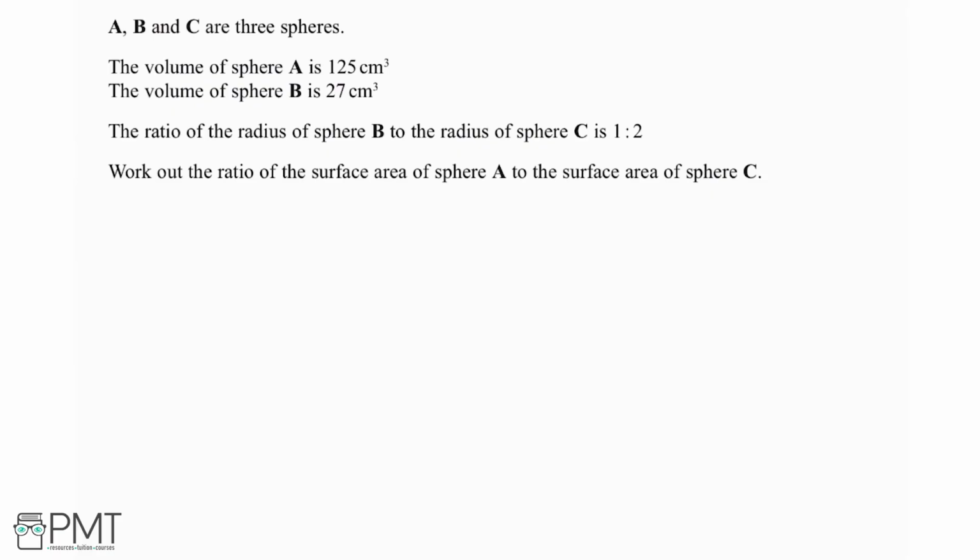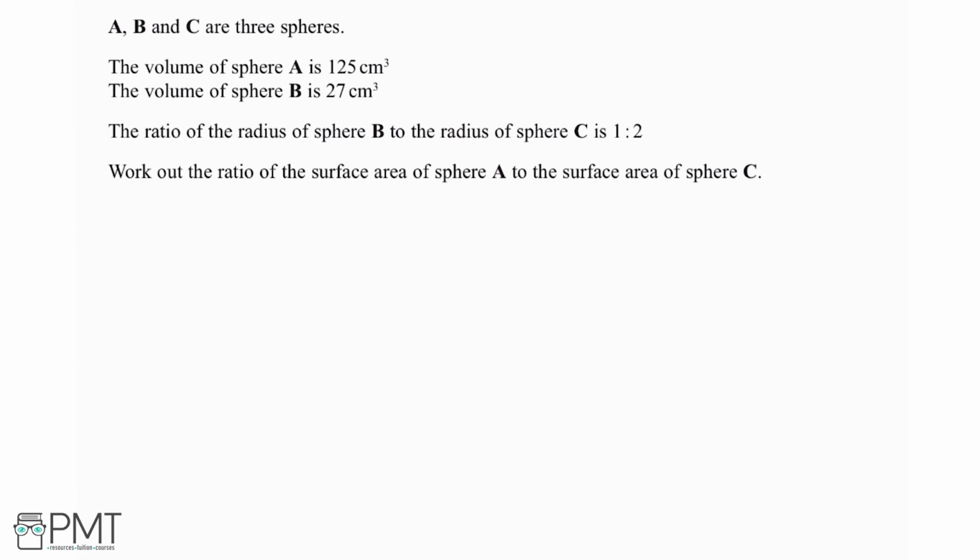A, B and C are three spheres. The volume of sphere A is 125 centimeters cubed. The volume of sphere B is 27 centimeters cubed. The ratio of the radius of sphere B to the radius of sphere C is 1 to 2. And we need to work out the ratio of the surface area of sphere A to the surface area of